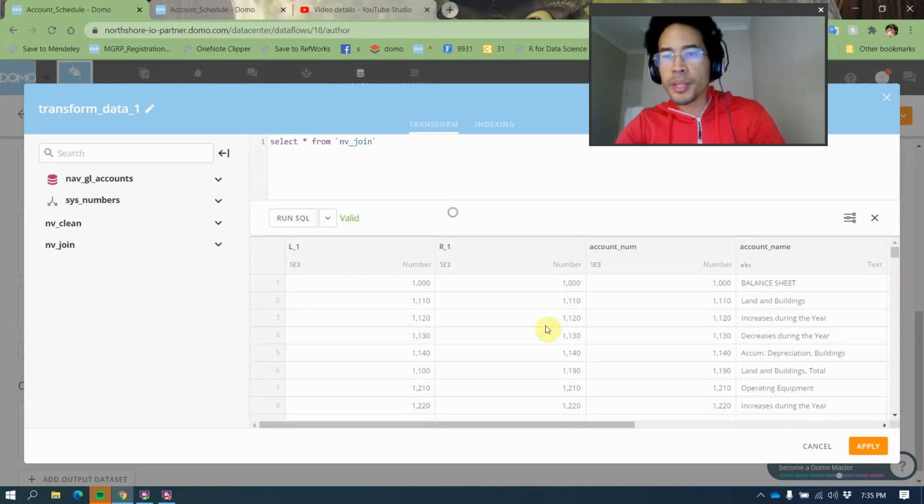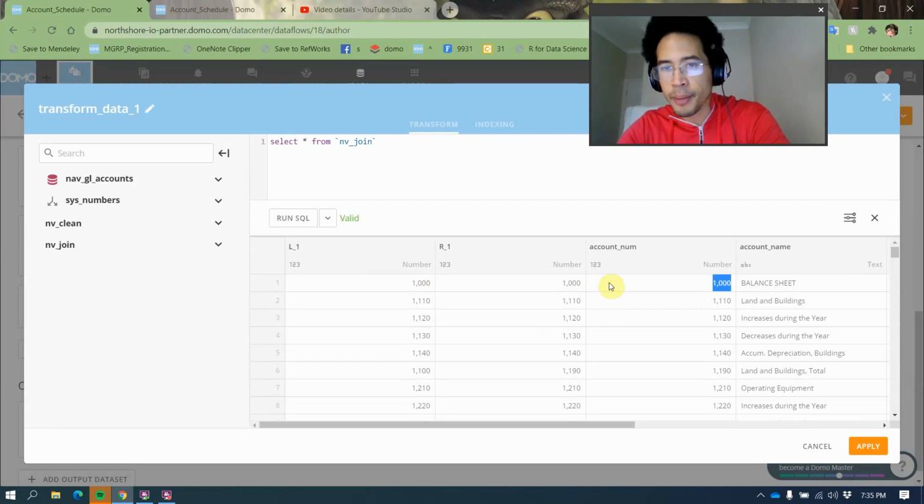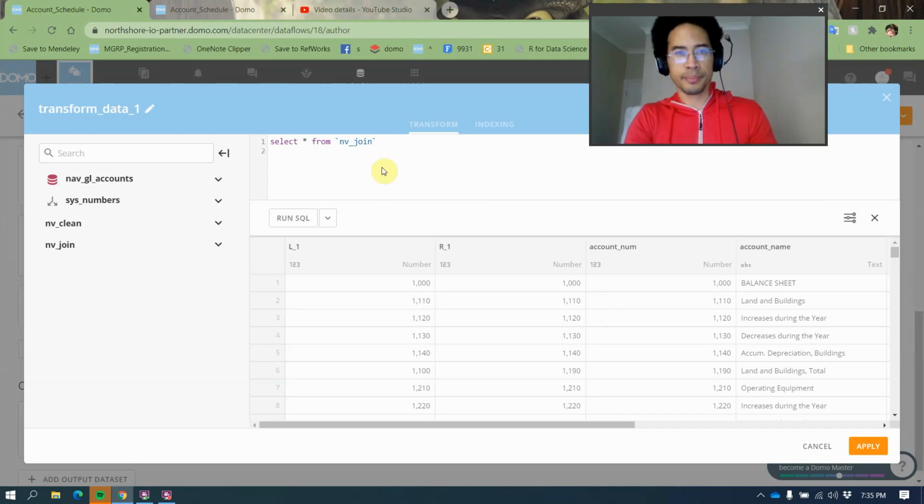Okay, so it looks like the exact same table again, only I filled in the account number if L1 and R1 were previously blank. And again, what that's going to allow me to do is to say,